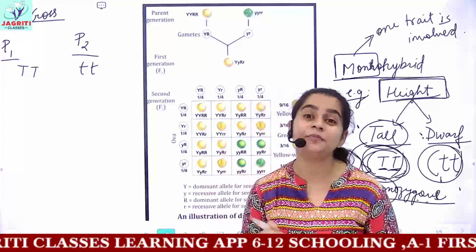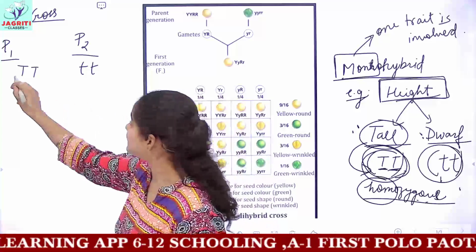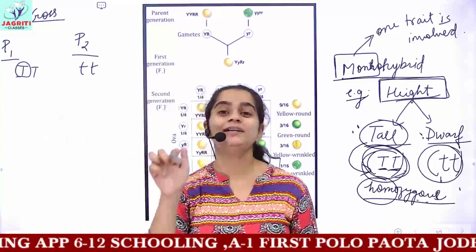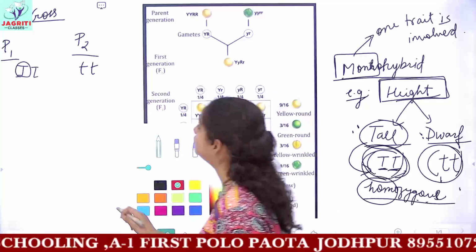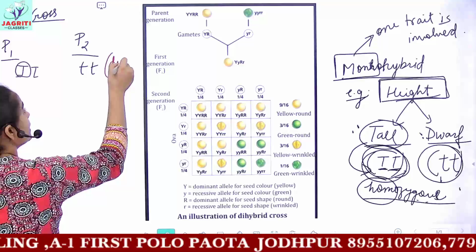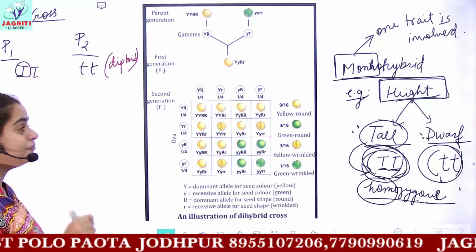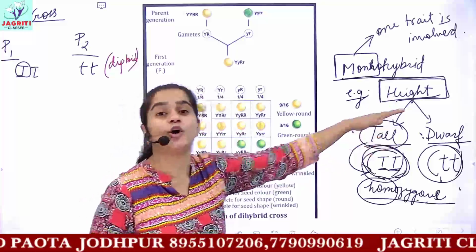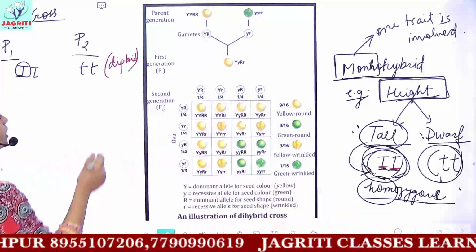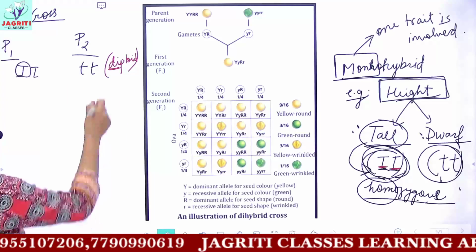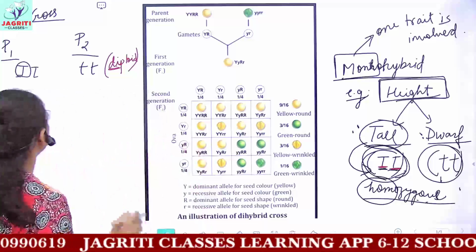So how do you form gametes? We know that for the formation of gametes, only a single allele is transferred to the gametes. In the parents you have two alleles. You can even call this condition diploid. That is, we can say the parents are diploid in nature. Diploid means for every character, that is for every tall or dwarf character, they contain two copies of a gene. Because two copies of a gene are present, we call it diploid. Diploid means having two alleles or two copies.